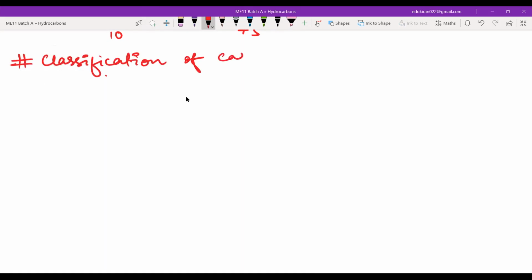Classification of carbon atoms in alkane. Okay, classification of carbon atom in alkane. So you know that if a carbon atom,